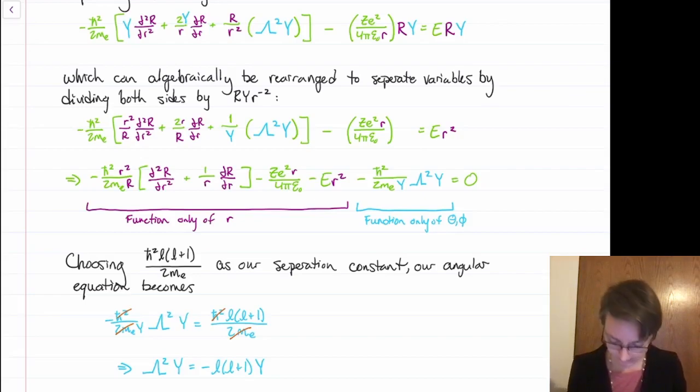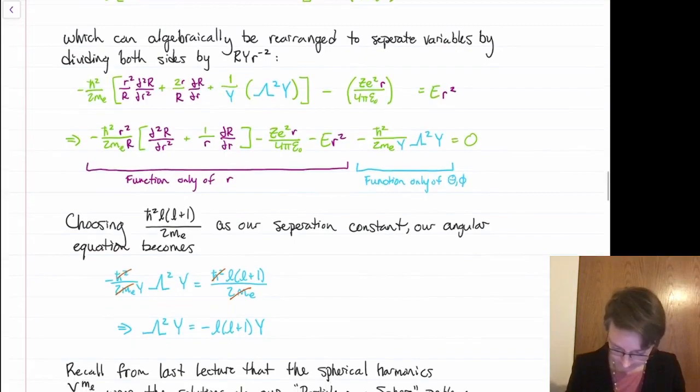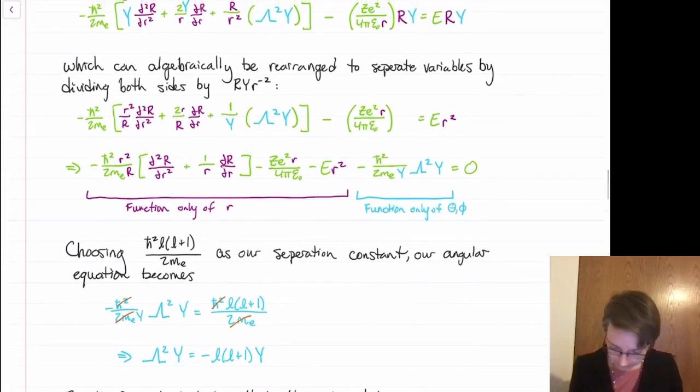h bar squared times L times the quantity L plus 1 divided by 2me, where yes, this L is an integer and it's that angular momentum quantum number that we talked about in last lecture. So if we choose this as our separation constant and we think about our angular equation a little bit more, you'll notice that my equation then becomes